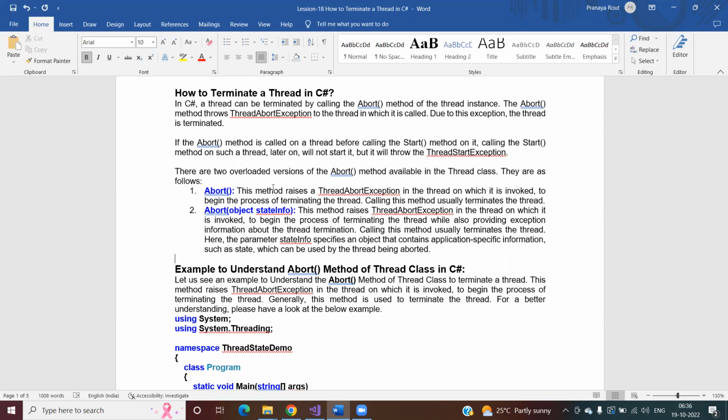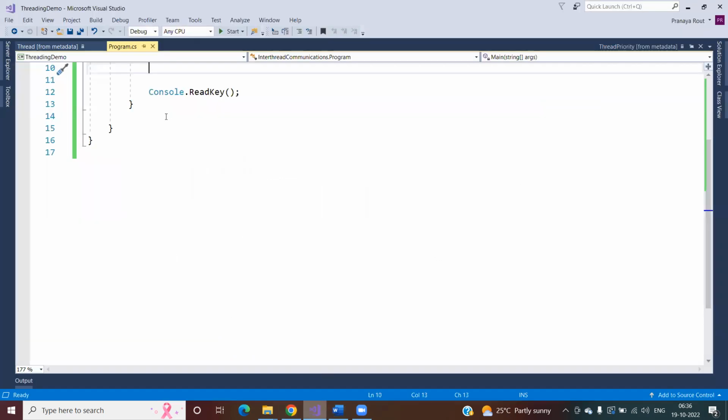First of all, once the thread execution is completed, the thread will be terminated automatically. If the execution is not completed but you want to terminate the thread manually, how will you do it? That is what we are going to discuss today. A thread can be terminated by calling the Abort method of the thread instance. The Abort method will throw a ThreadAbortException to the thread in which it is called. Due to this exception, the thread is terminated. For example,